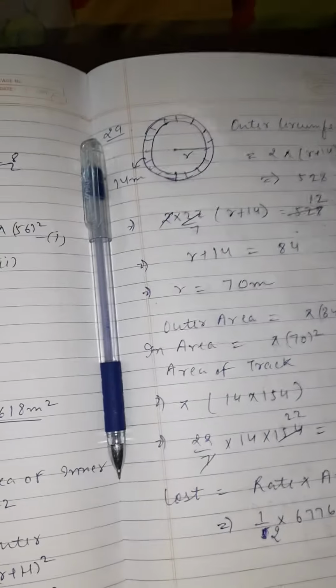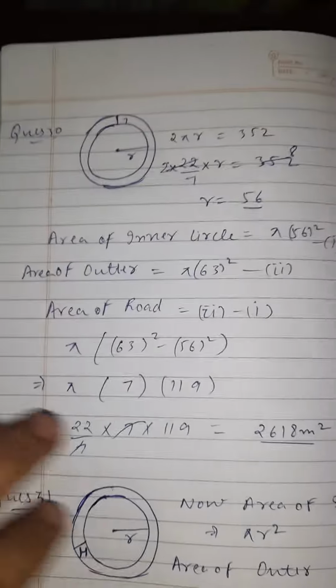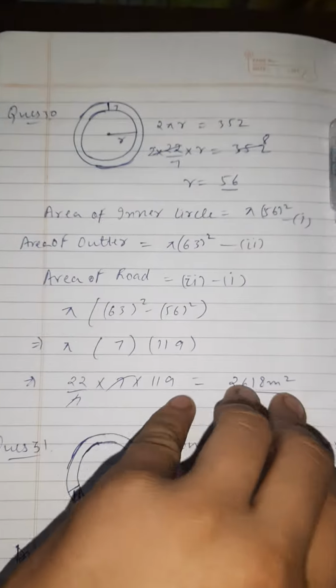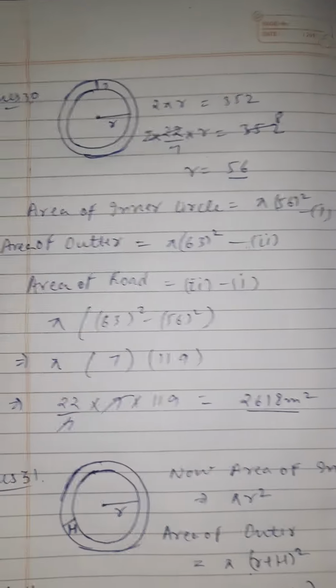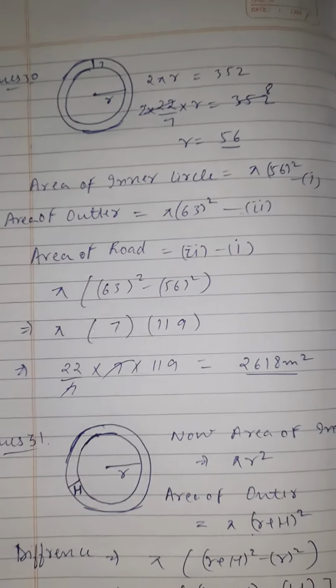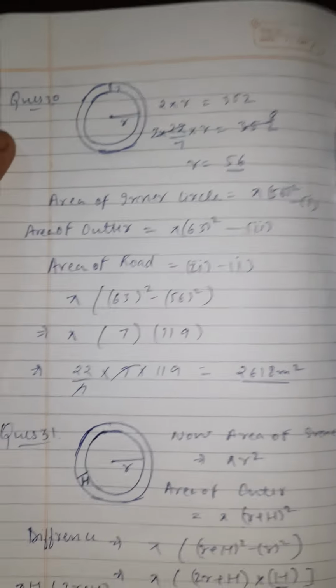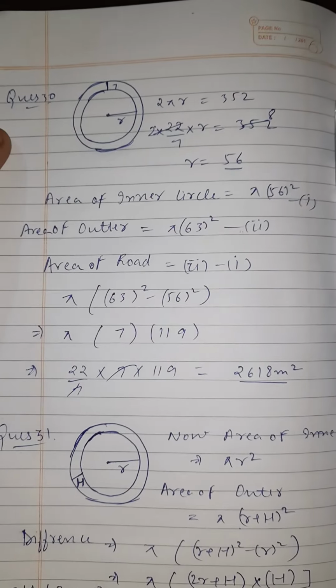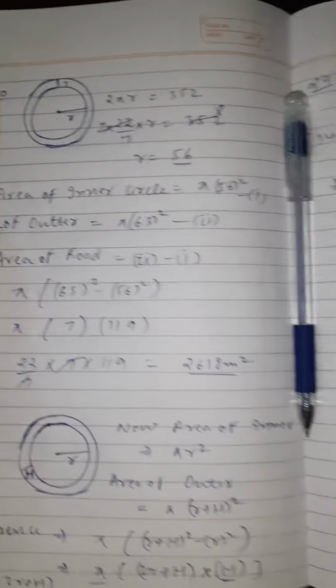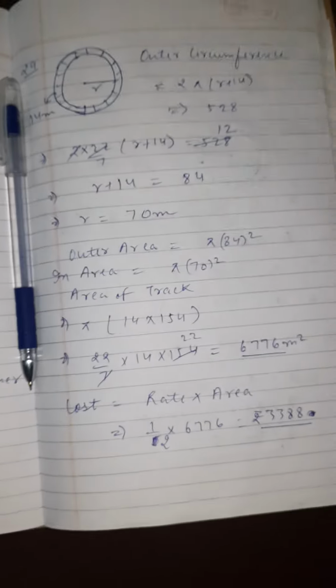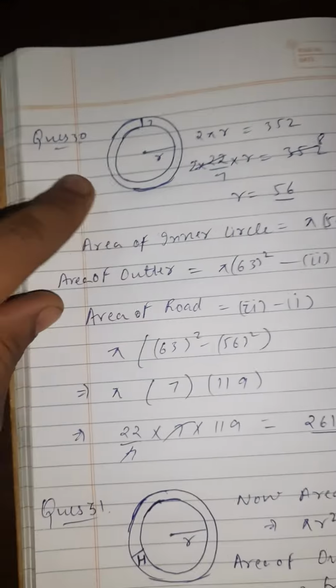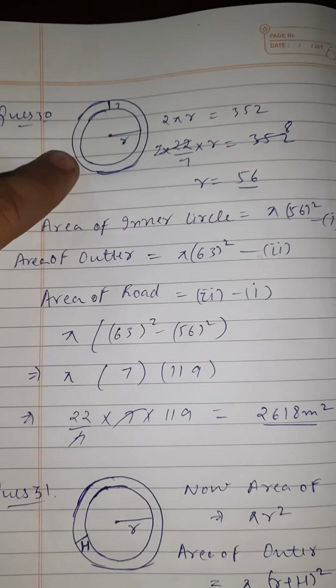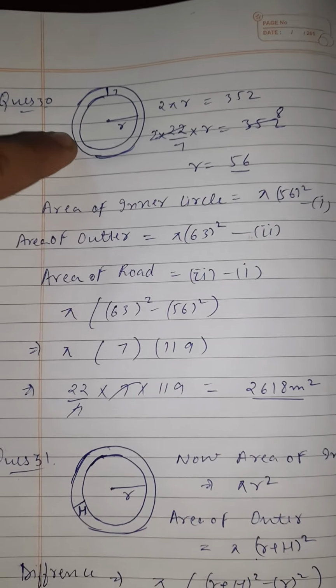Now we shall move forward to question number 30. These questions are all just the same, without much difference. Only the values are changed, and all the questions are about the same. Like in the previous ones, we were finding the value of this region. In this question as well, we need to find this only.